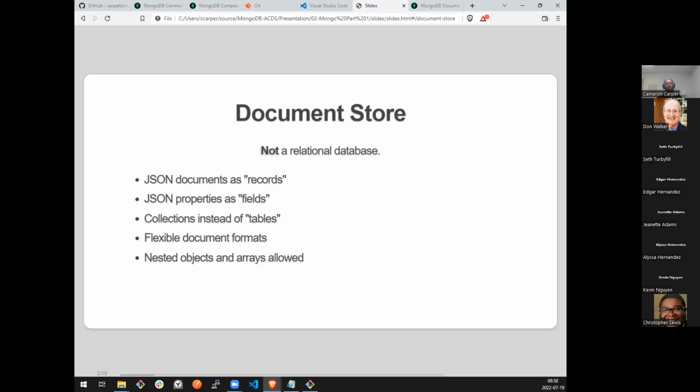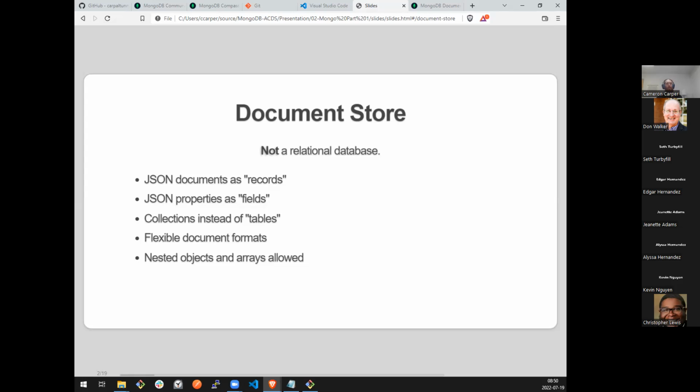In Mongo and document stores in general, this isn't specific to Mongo, what we would call a record in a relational database is a document, and it's represented as JSON documents. It's slightly more complicated than that, and it's actually stored on the file system as BSON, which is a binary JSON format for speed and compression. But we can safely just treat all of this as JSON.